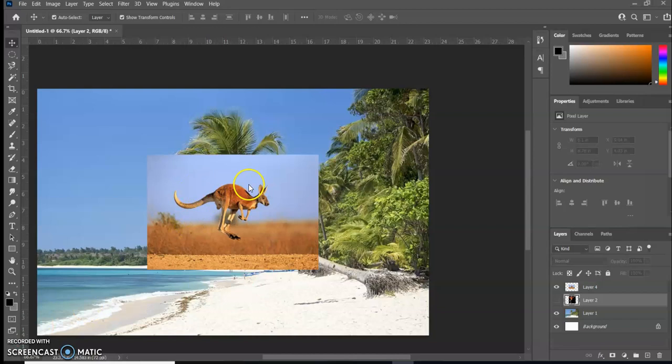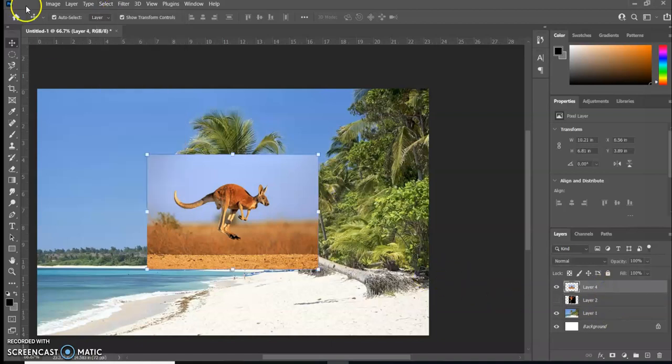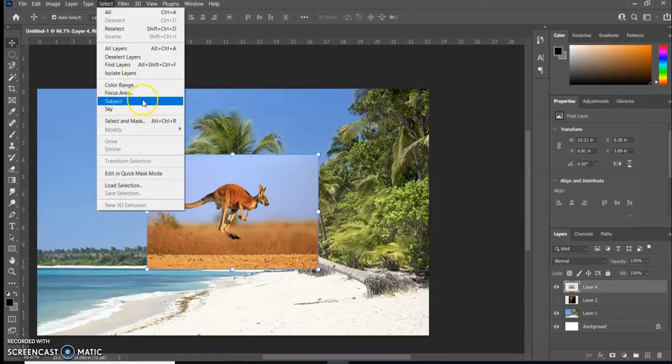Okay, so the final way I'm going to show you guys to cut things out on this project is what we call select subject. So I have this picture of a kangaroo, and this tool, or this basically skill, will work really well if you have a very clear image with maybe an out of focus background. So I'm going to come to the top of the screen here, and I'm going to hit select, and oops, I'm in the wrong layer. Let's try that again. Select subject,